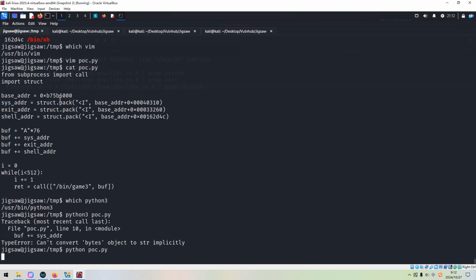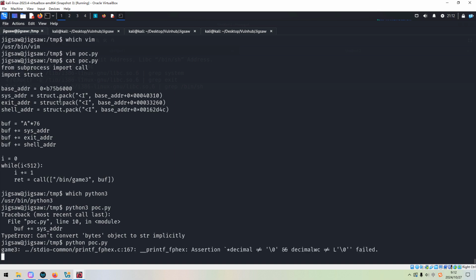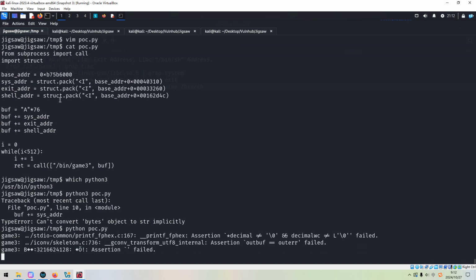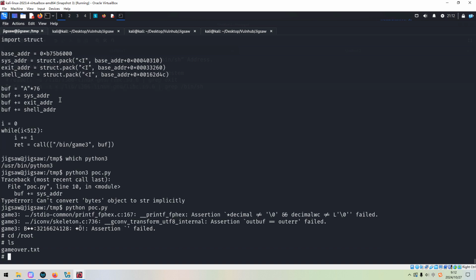Okay, it's trying to make the buffer overflow attack. Okay, as you can see, we successfully attacked, and now we can navigate to the root directory and get the final flag.